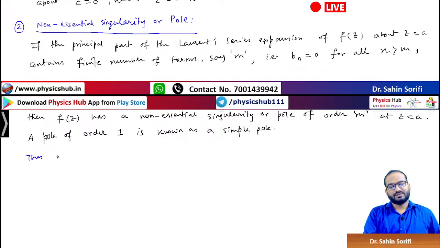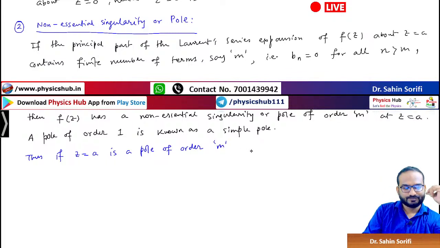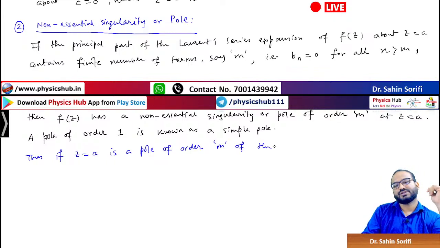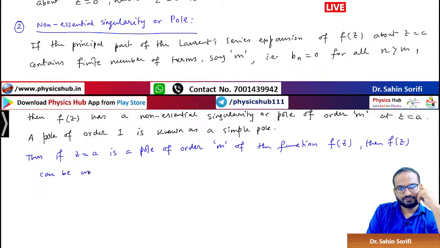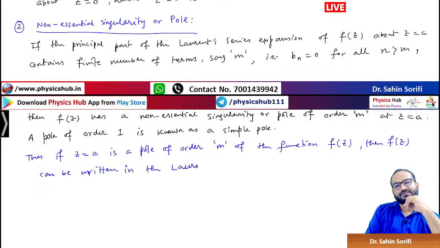So thus, if z equals a is a pole of order, let's say m, of the function f of z, then f of z can be written in the Laurent series expansion as,